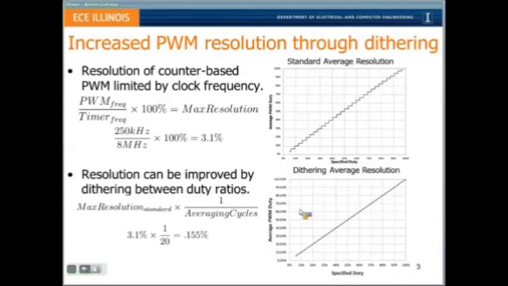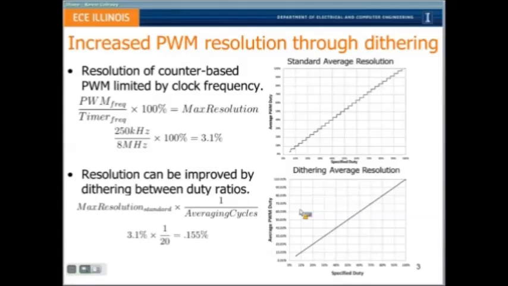Counter reaches the value of a register, the PWM output will toggle. Let's just say, for sake of discussion, from high to low. The PWM counter will continue to increment up to its top count, and then the PWM output will fall low. So essentially, our average resolution is limited by the ratio of the PWM frequency we're switching at to the timer